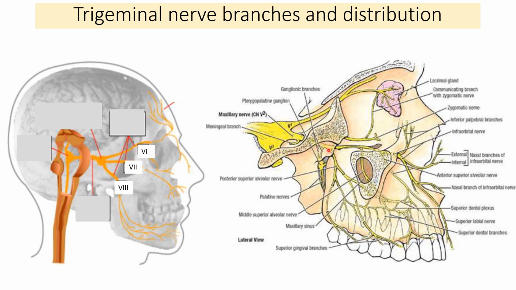There is an orbital branch also, but after this there are branches which are not from the ganglion. They are direct branches from the maxillary nerve. The zygomatic branch, the posterior superior alveolar nerve, then the branches from the infraorbital nerve, the middle and the anterior superior alveolar nerve, and further it continues as the infraorbital nerve only. So all these branches supply the nose, the palate, and the upper jaw teeth. So that is important, and it is responsible for the sneeze reflex. As I said, ophthalmic is responsible for the corneal reflex, maxillary nerve is responsible for the sneeze reflex.